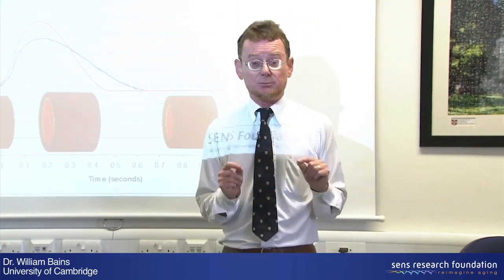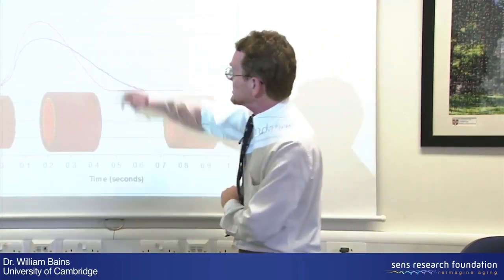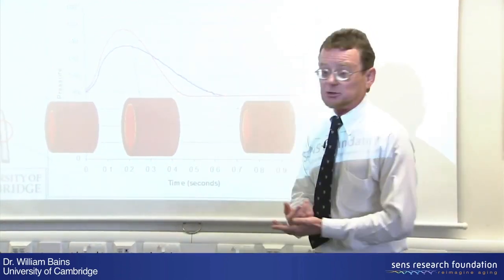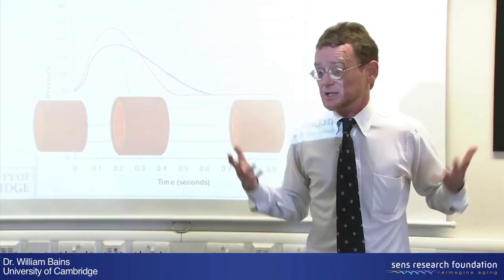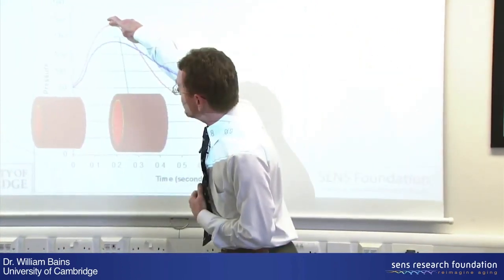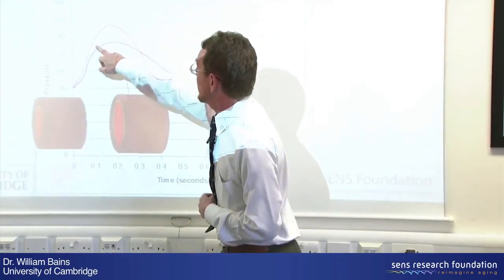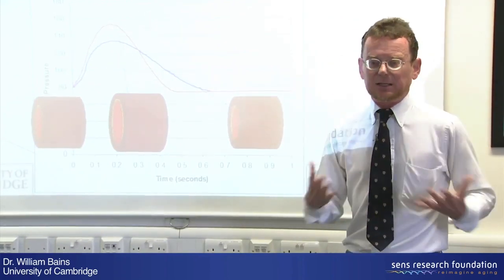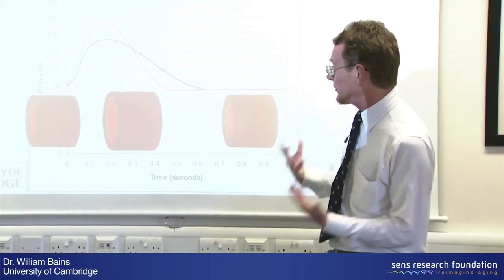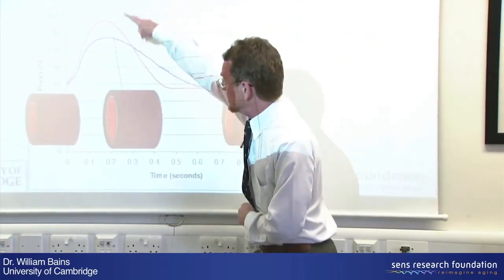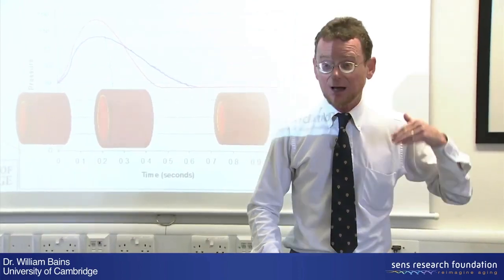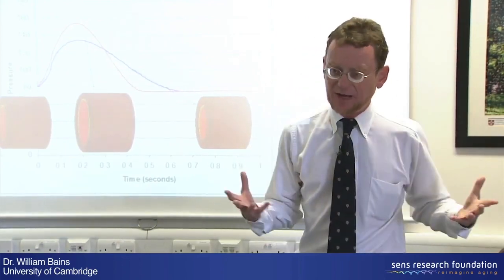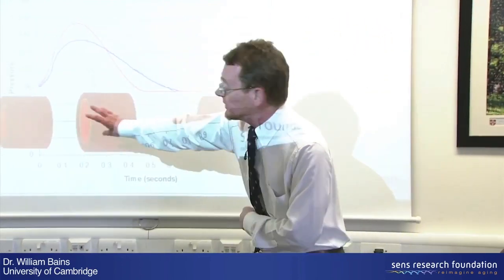But this has a very, very simple measure, and this is why people know a lot about this. Because this peak here, when doctors measure your blood pressure, you go in and they say, oh, your blood pressure is 155 over 80. Mr. Bains, you really, really ought to do something about that. 155 is this up here. If I could reduce that to 130 down there, I'd be a healthier person. And that's a reflection, not of the fact that a number is a good thing and another number is not a good thing, but because those sort of high pressures and rapid changes of pressures are bad things. A lot of the hypertension that occurs with old age is not because of eating too much fat or eating too much salt. It's because of this stiffening effect.